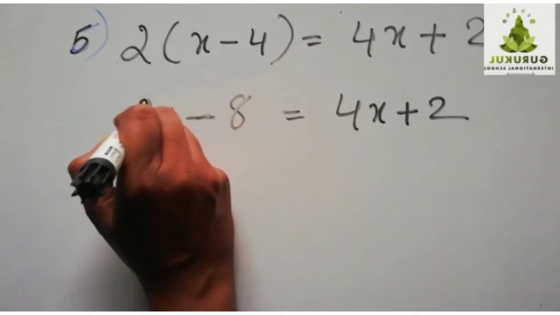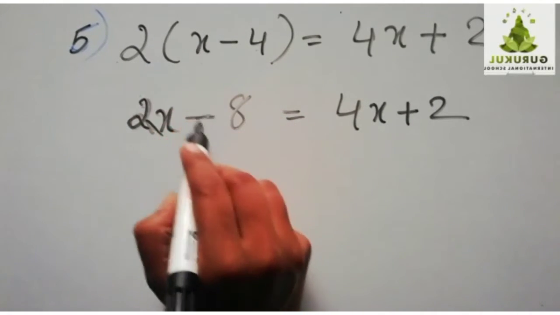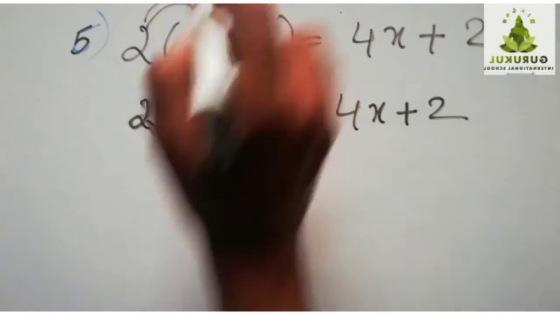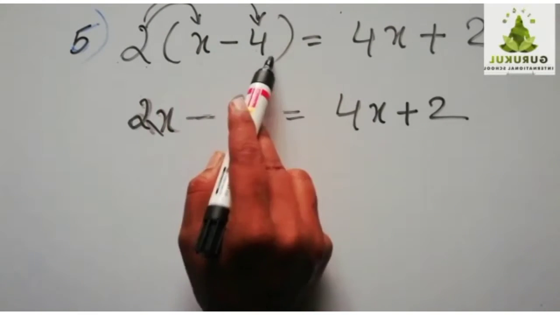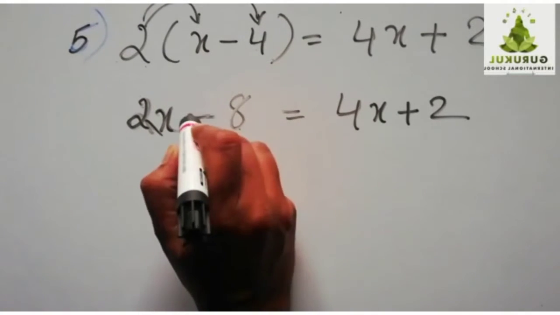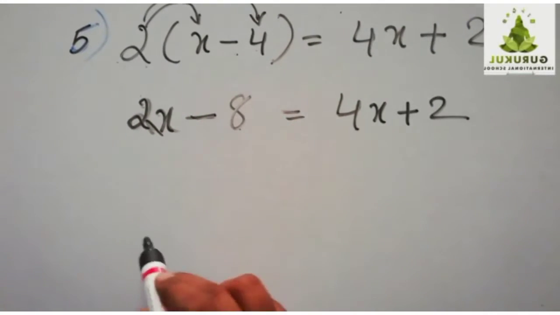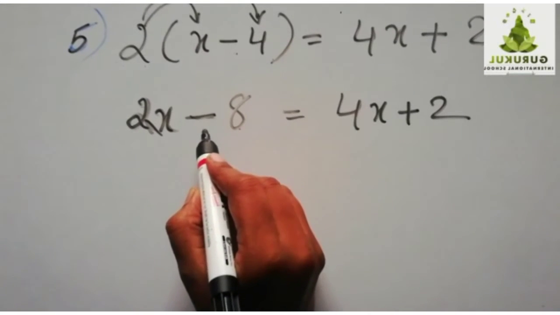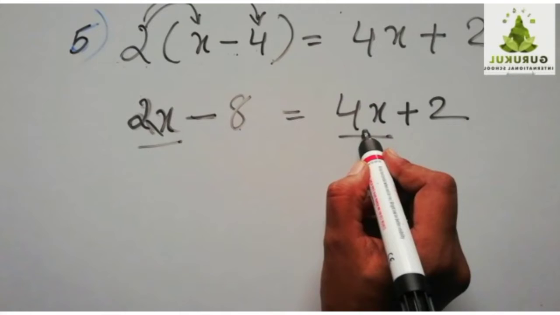So you are getting 2x minus 8. Plus into minus is minus, this you have to multiply by this, and 2 into x. Is it clear to you? So 2 into x, 2x, minus 2 into 4 is minus 8. And here the sign is also important, so plus into minus. You know the integer subtraction, multiplication, everything you have studied. So minus 8 equals this. Now bring the like terms together. This is on the other side.